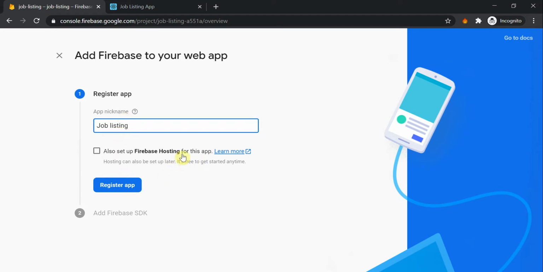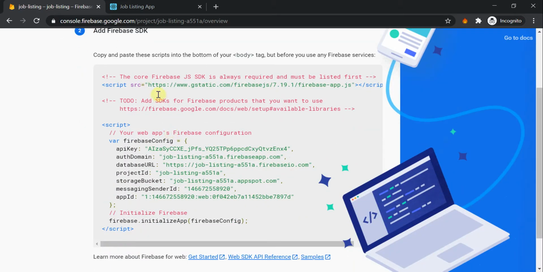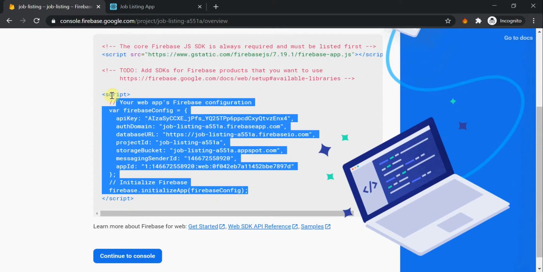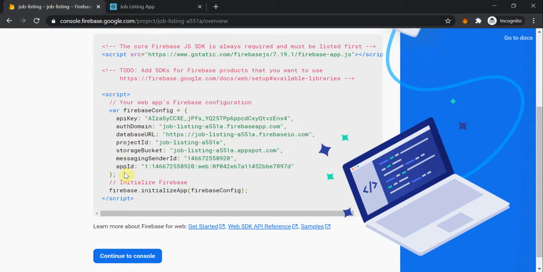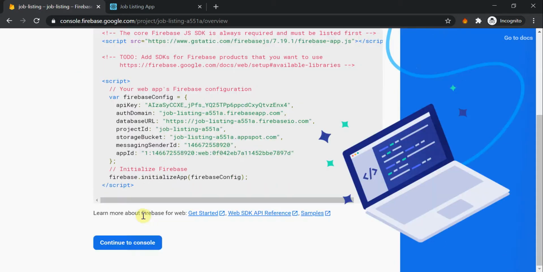It also offers to set up Firebase hosting, and we don't really need to do that for now, and we can do that later on for sure. Let's just click on register app, and it is giving us back some config and all. So what we will do is copy this stuff, the script which carries the different API keys and also the initialization. And let's copy it for now and go back to our application,